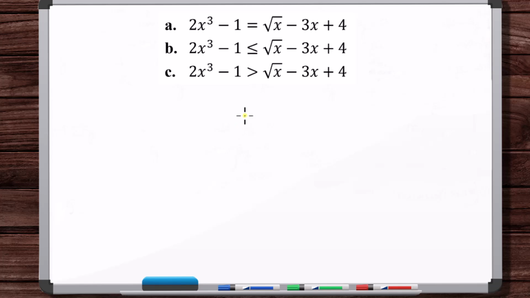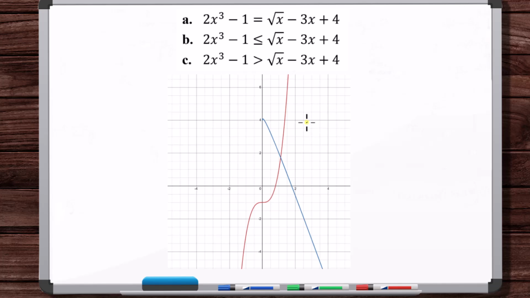Well, it's the same idea, except we've just got some nonlinear expressions on both sides. But each side is just an expression of x. These are equations and inequalities in one variable. So we're just going to plot the function y is equal to 2x cubed minus 1, as well as this function. We'll have these two separate functions, and then we'll just look at the graph. So I'm going to plot these in Desmos. Okay, so this is 2x cubed minus 1, and this is root x, or square root of x, minus 3x